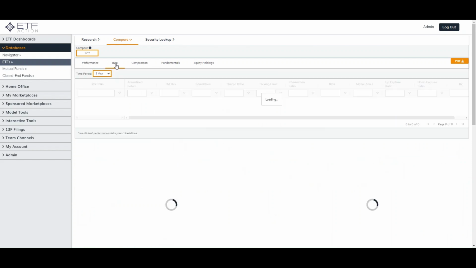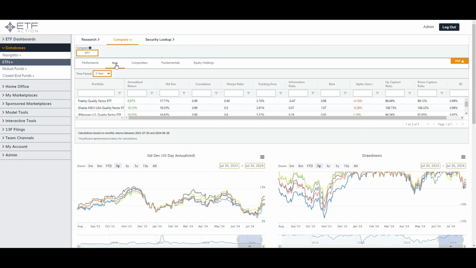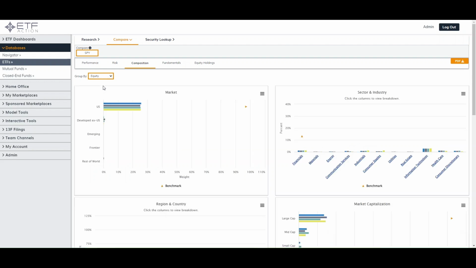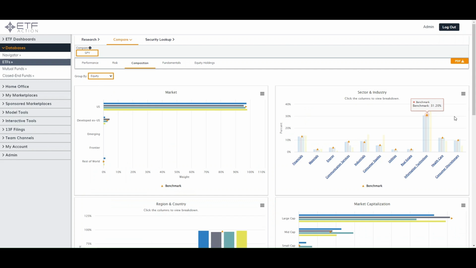Similarly, I can do this across risk, look at volatility and drawdowns. I can do it for composition. If somebody said, well, what's the sector differences between these products? I can come in here and I can say, well, that's a great question. I can see that